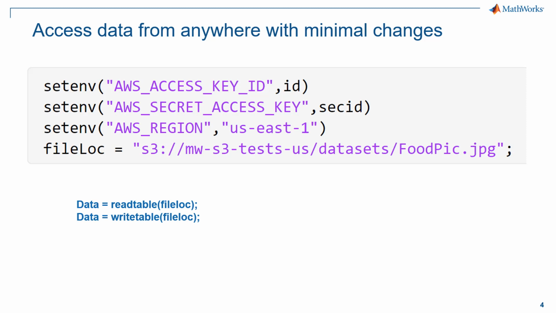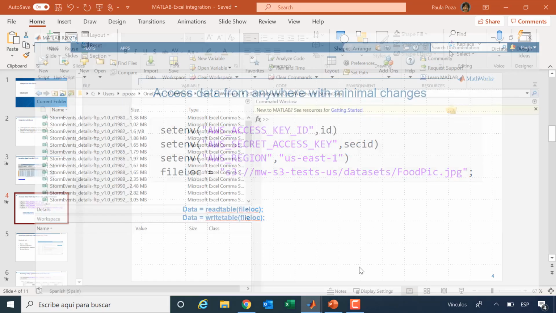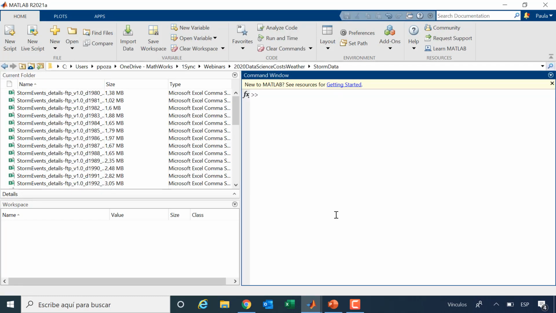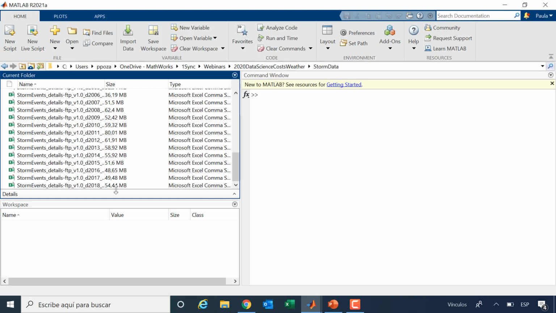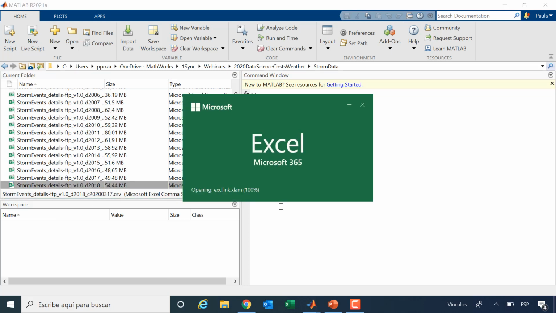Now we're going to go and see an example in action. So we go into MATLAB. We have here several Excel files. We downloaded this from our website. To do that, we use the instruction websave and just put the URL and you get all the files downloaded into the location you specify. So let's pick up one of those and right click to open to see what's inside.